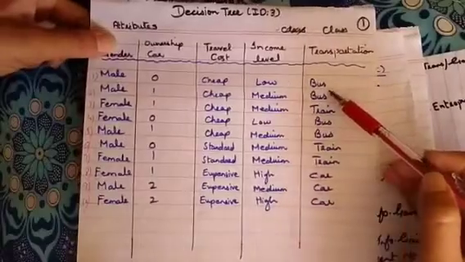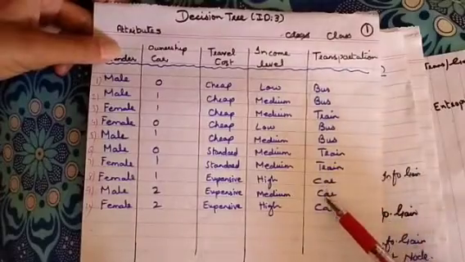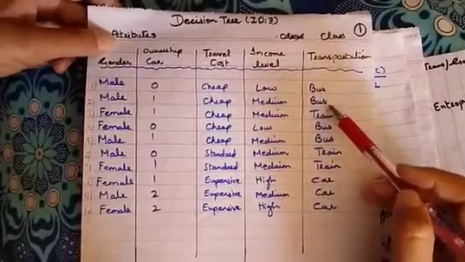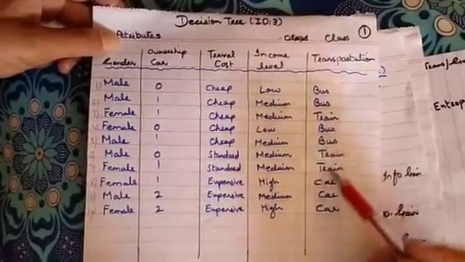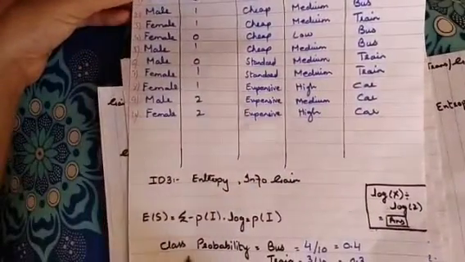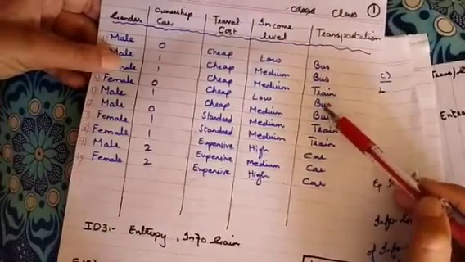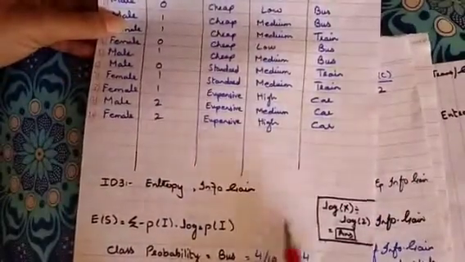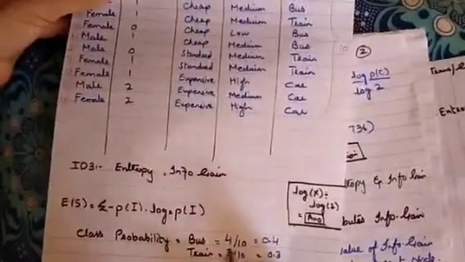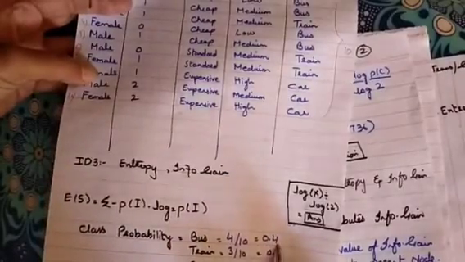Okay, now we can see that we have got about 10 data points in it. 1 2 3 4 5 6 7 8 9 and 10. और अगर हम उसके अंदर labels देखें तो we can categorize that either as bus, train and car. तो हमें इन तीन label की basis पे probability को find out करना होगा. So here is the class probability for transportation. Let's see for bus how much we have got for bus labels. 1 2 3 4. So here it is. और हमारे पास total data points कितने थे for the complete data set? That was 10. So if I just find out the probability of bus, that is 4 by 10, which is equal to 0.4.